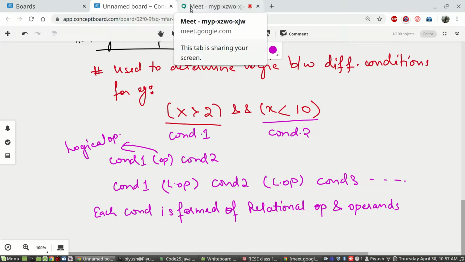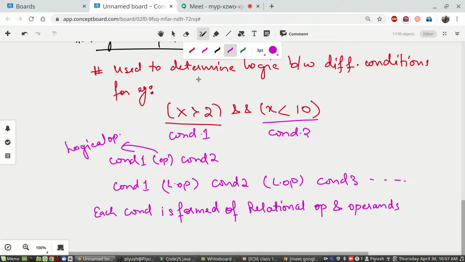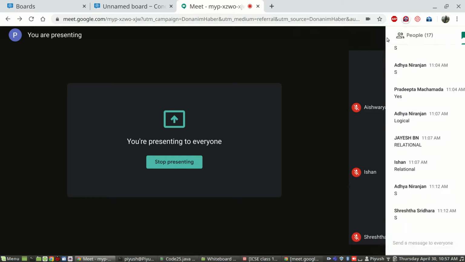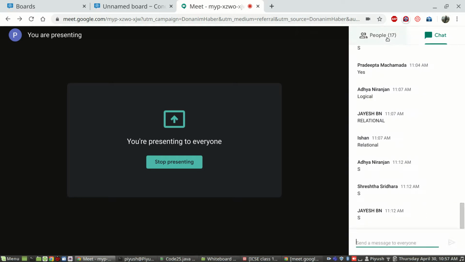We will see further in terms of programs, but the concept is that logical operators are used to determine logic between two or more conditions, wherein each condition is itself formed of relational operators and operands. Is this statement clear to all? Okay, Adya, Jayesh and others, fine.